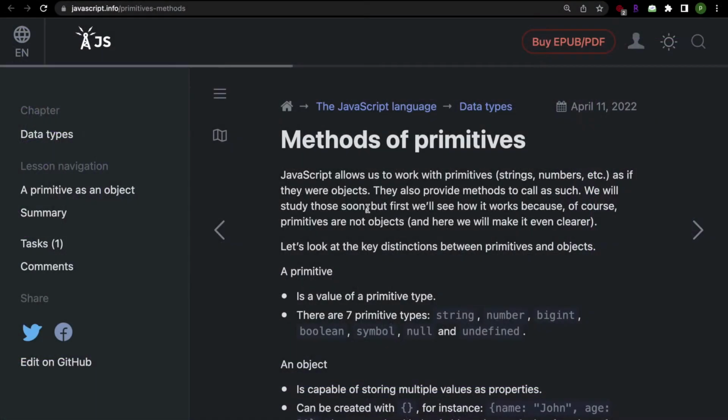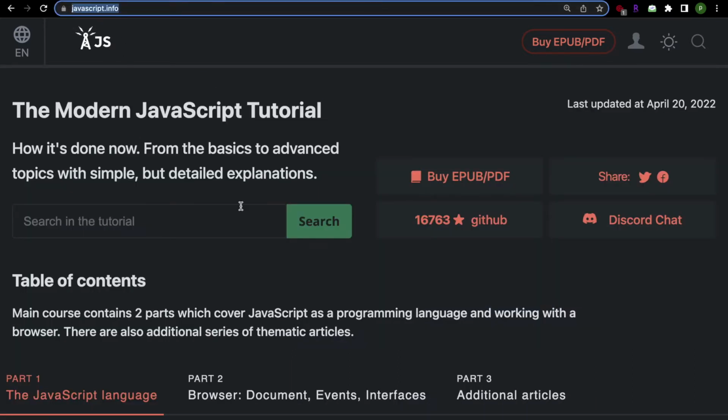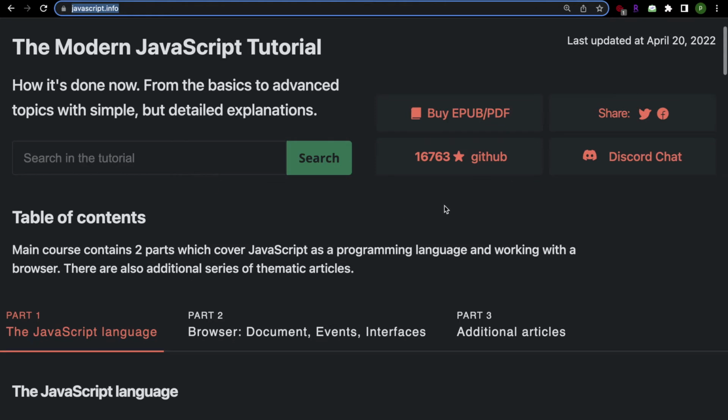First thing that I bet you didn't know about JavaScript. Let's dive right in. So today I found this website, a pretty cool website. You must have seen it before. This is called javascript.info. It's a pretty nifty website that has everything that you ever would want to learn about JavaScript. And looking at it, it says the modern JavaScript tutorial, and it has, oh my God,